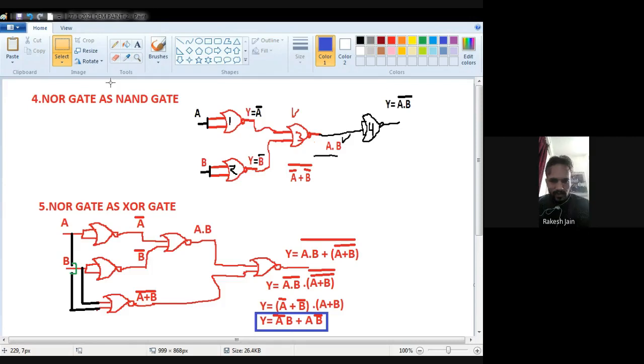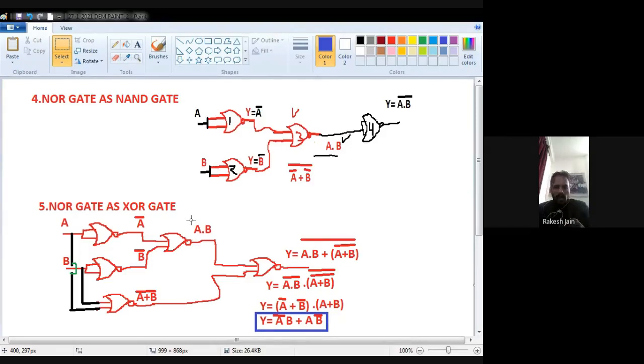So De Morgan theorem states that if there are two things added with each other, just convert them into multiplication form, that is the plus will be converted into a dot, and both the things having individual bars. The first thing is A dot B, so I put a bar over there, then plus will be converted into a dot. Then the second thing is A plus B bar, so I put a bar over there. So now when I separate them, A dot B bar and the second thing is A plus B bar, individually bar.